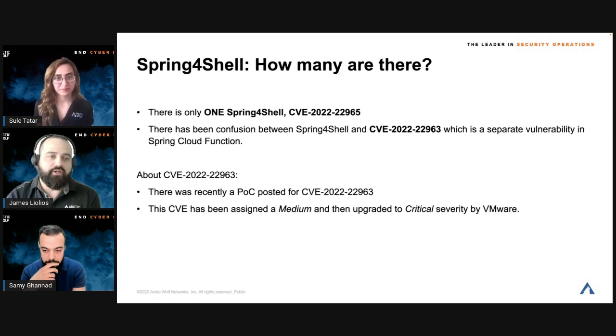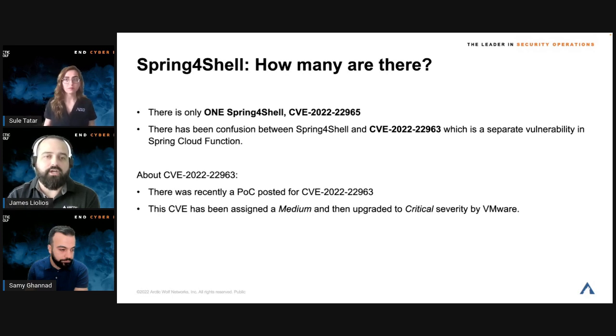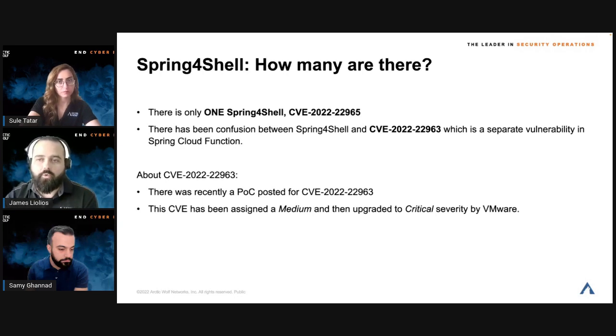And that was for the Spring Cloud function. So we wanted to make it clear that there is only one Spring4Shell vulnerability, and that is what we just discussed, CVE-2022-22965. However, there is a separate vulnerability affecting the Spring Cloud function, and that is CVE-2022-22963. That CVE is a vulnerability that could lead to remote code execution and access to local resources in the